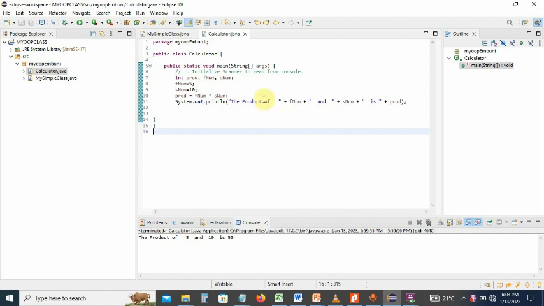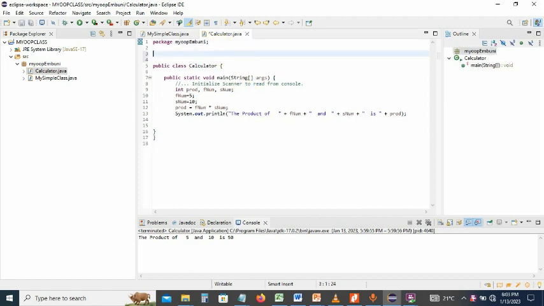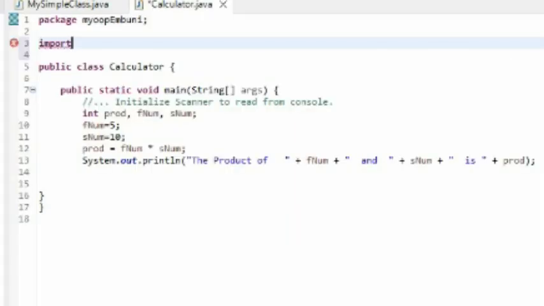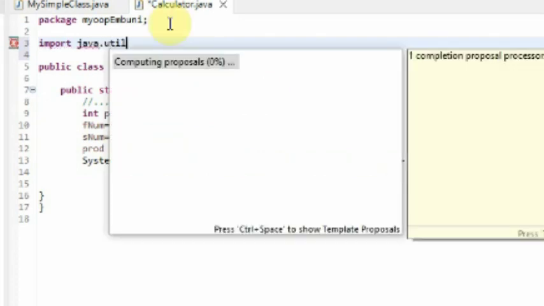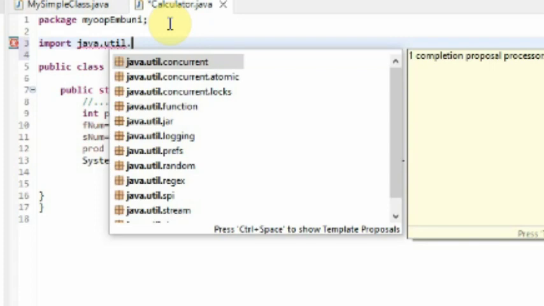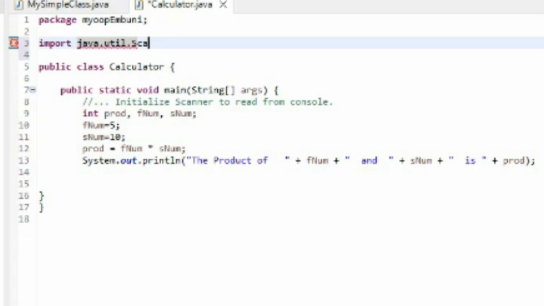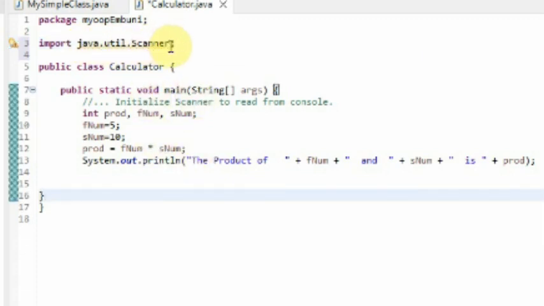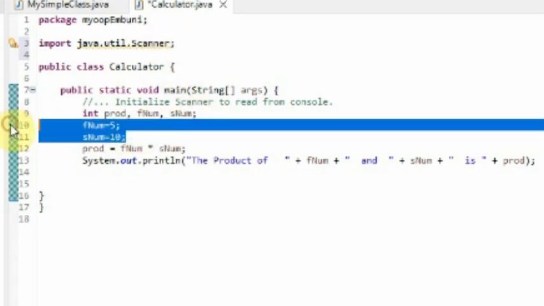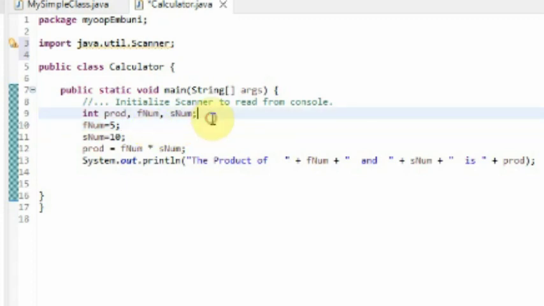Okay, looking at example number 3, where we are making use of scanner, basically we need to do an import there. Imports, then we import java dot util dot, and then we're looking for the scanner class. Scanner here, scanner class. Yeah, we've got it. It's underlined in yellow because we have imported it, but we've not been able to use it yet. So what we're going to do right now is